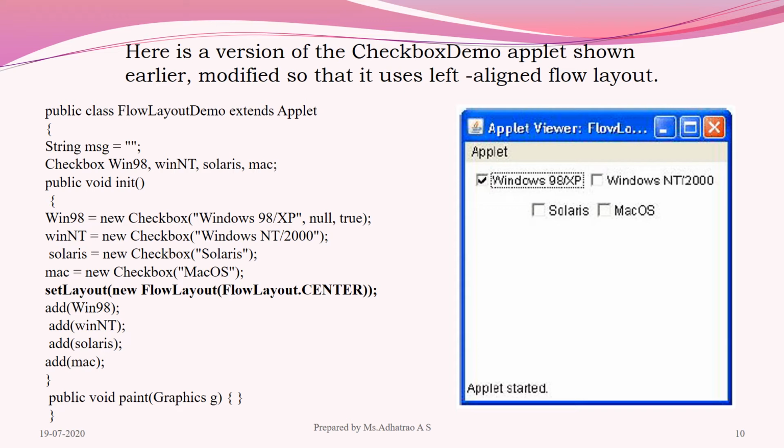To set the layout, we need to call the setLayout method by passing the object of your layout manager class. After we run the program, the output will be shown as this.